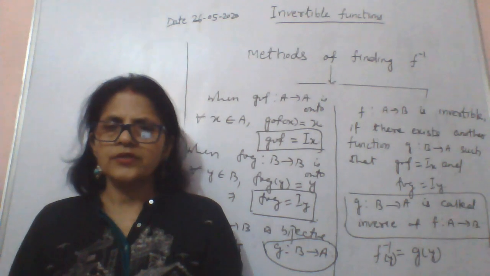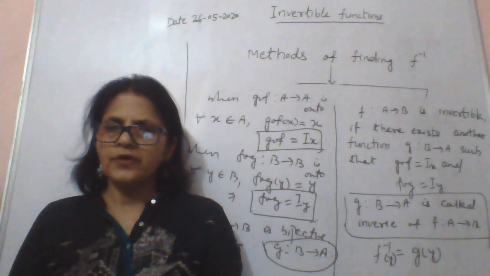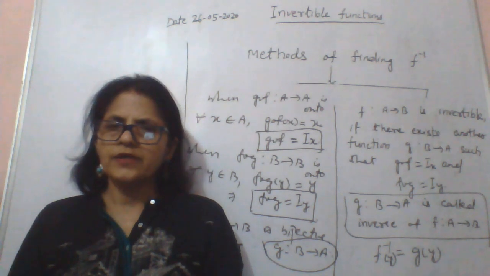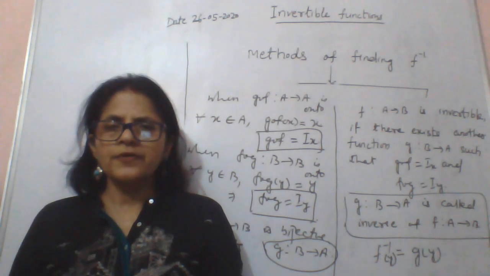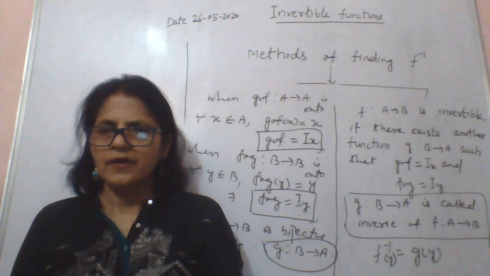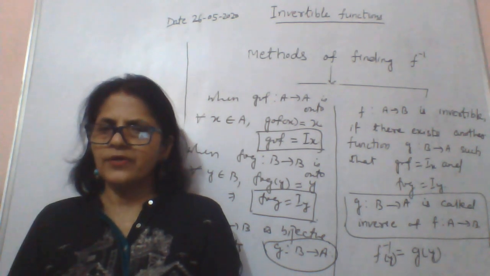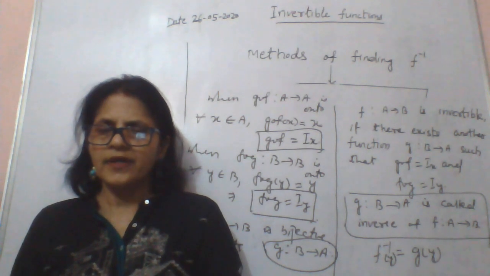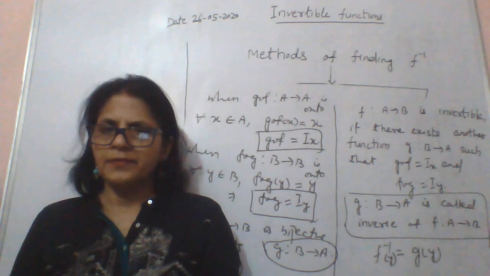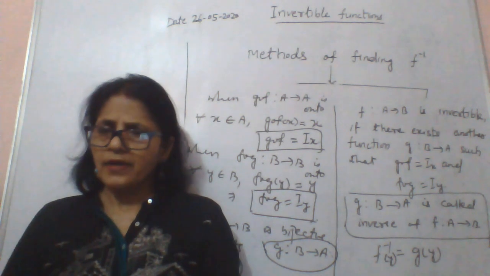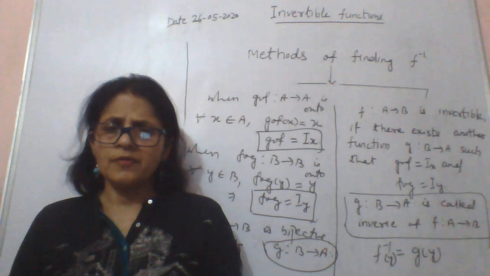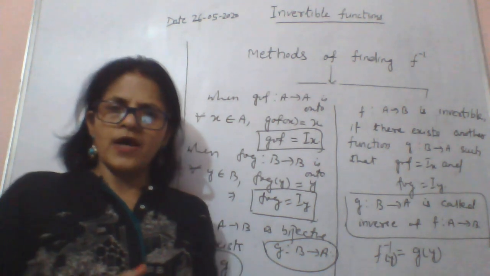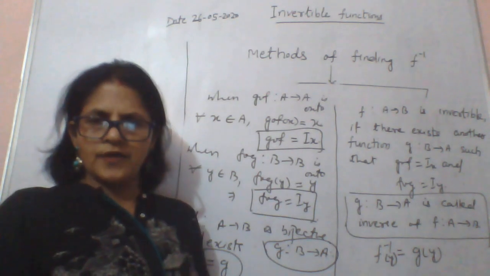But while taking the onto case, to prove onto, you have to prove range equal to codomain. So some of you might have problem in proving onto function, means range equal to codomain, right? Though you know it, still to write it elaborately may be a problem for some of you. So in that case, whenever you cannot express your answer properly, you may lose marks there.